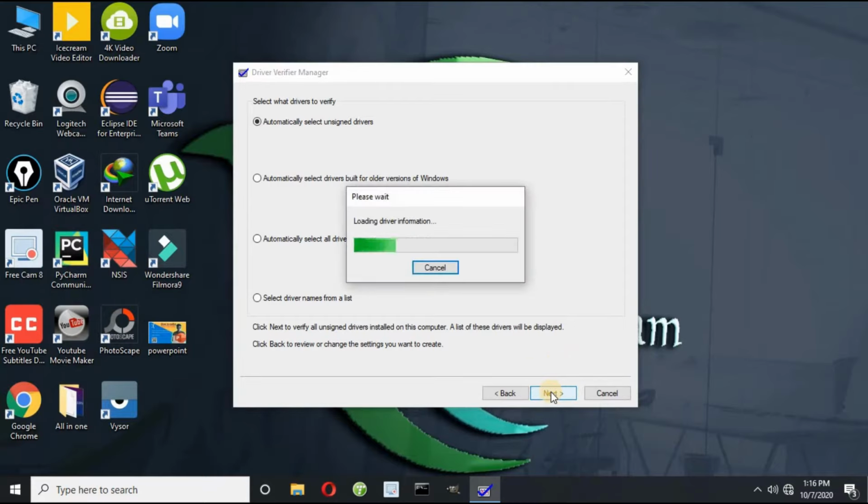So it is loading driver information, checking our driver information and then searching for unsigned drivers. In the same way you can check all the other options also. Finally, after this step, it should return our output: is there any unsigned driver or not?